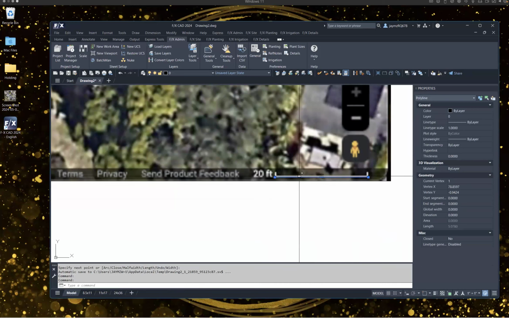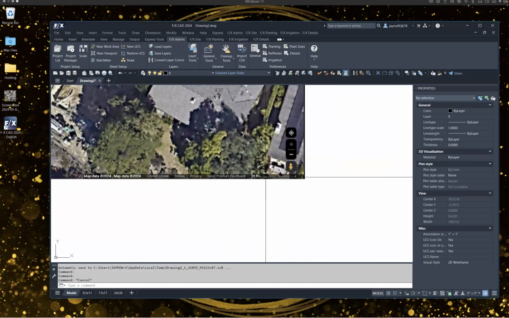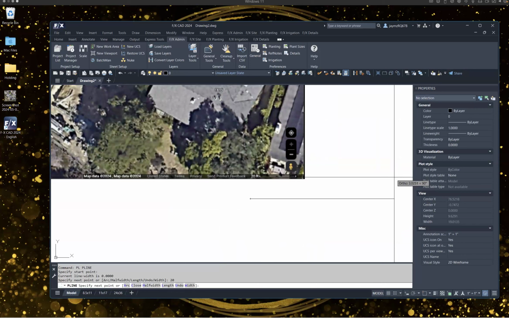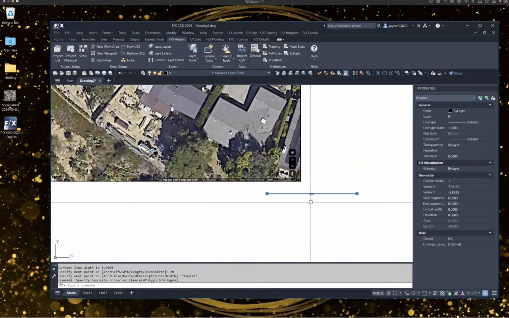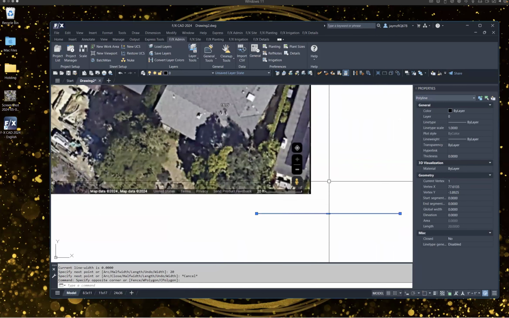So now we have a line that is relatively close to 20 feet, close enough for what we're going to be doing. Well, it's not actually close to 20 feet. It's representing the size of this scale bar here. So now what we'll do is we'll draw an additional line below this, and we'll draw this one specifically at 20 feet. So I can hit 20 and hit enter. So you can see that in model space, that's actually 20 feet. And you can see that our screenshot is not properly scaled.